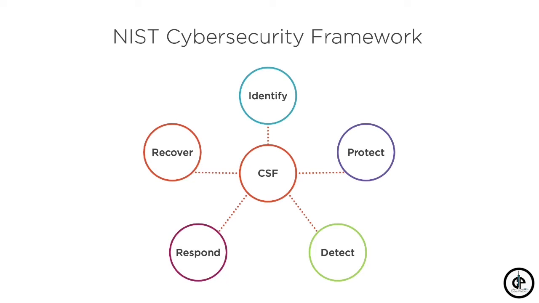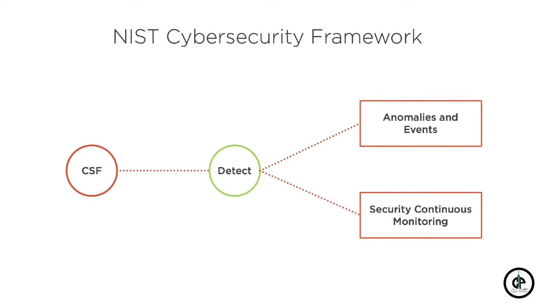Before we get into all the technical details of Arkime, let's spend a few moments discussing some of the different cybersecurity frameworks. First up is the NIST Cybersecurity Framework. This framework provides for the ability to manage cybersecurity risks across the enterprise with both internal and external stakeholders. At its core, it provides a set of functions to achieve specific cybersecurity outcomes, which you can see here: identify, protect, detect, respond, and recover. Each function can be further broken down into categories and are closely tied to the programmatic needs and particular activities to defend an organization. Arkime helps an organization fill the gaps in the anomalies and events and security continuous monitoring